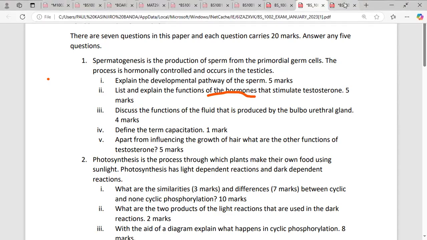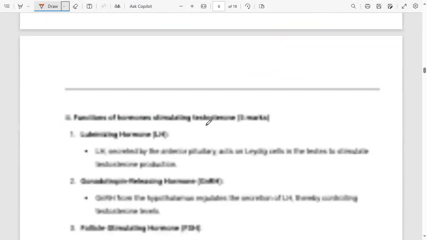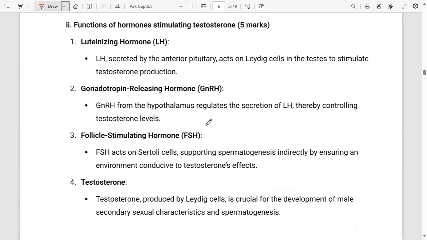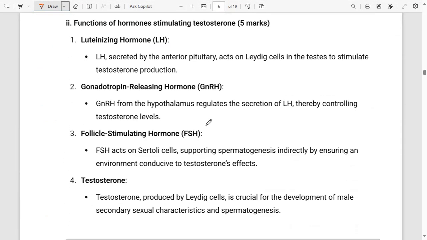So let's look at the answers here. We are looking at number 2. We are listing and explaining the functions of hormones that stimulate testosterone. The first hormone that stimulates testosterone is what we call the luteinizing hormone. This luteinizing hormone is secreted by the anterior pituitary, and it acts on the Leydig cells in the testes to stimulate the production of